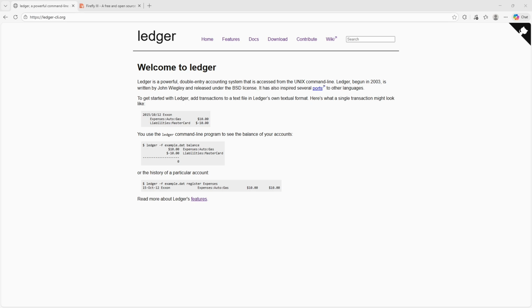Ledger is completely free to use, with no subscriptions, no tiers, and no paid upgrades hiding behind feature locks. You download it, install it, and you have full access to the system from day one. There are no limits on accounts, transactions, or reporting, which makes Ledger especially appealing for users who want serious accounting